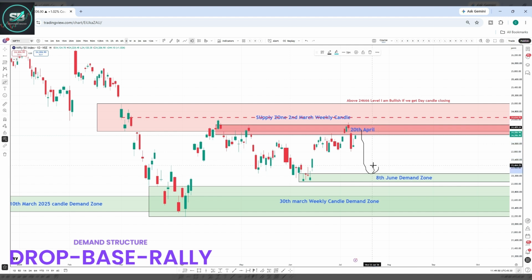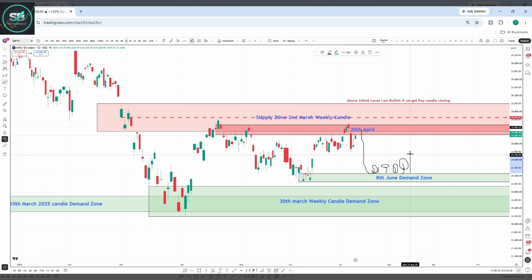Here if we see a green candle either in 1 hour time frame or 75 minutes time frame, a good green candle closing here, it can be a hammer candle, a full body Marubozu candle, or a candle with 75% of the body and 25% of the wick. When you see these three candles either in 1 hour or 75 minutes time frame forming at this demand zone, then we can attempt for a long trade here in Nifty